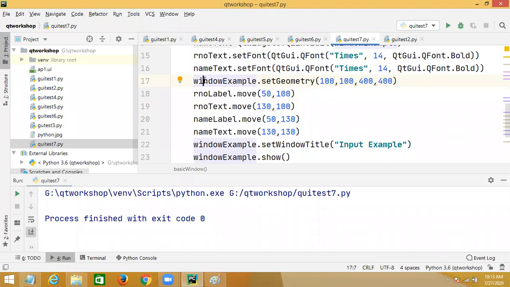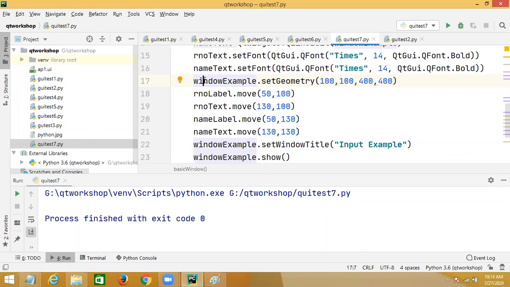Then which one do I need to go for now? Button. I need to go for button.